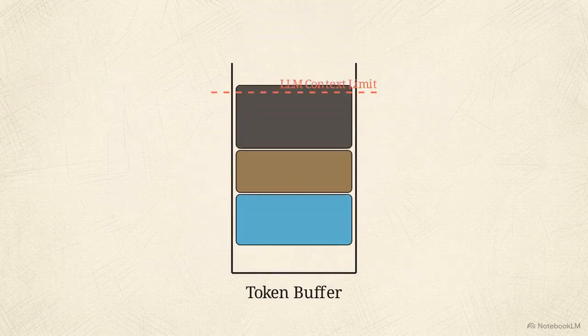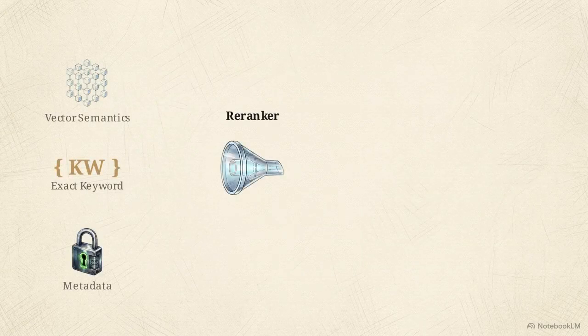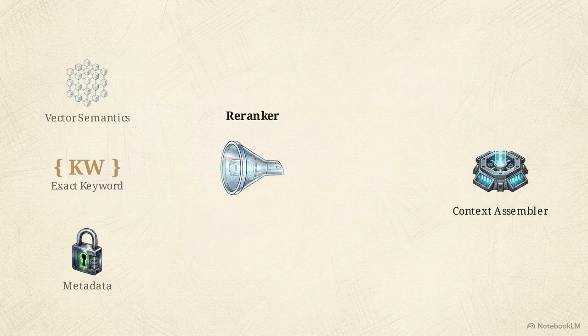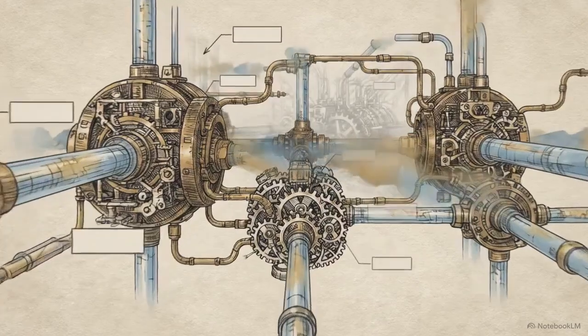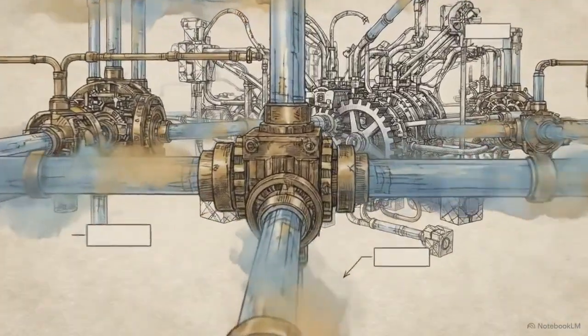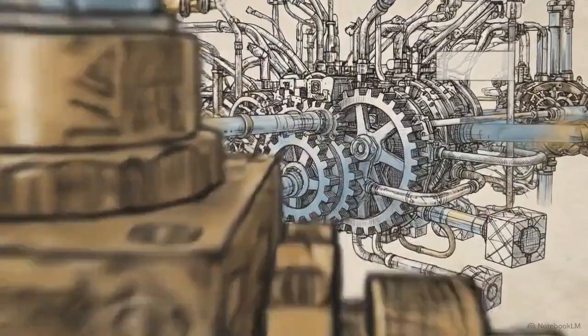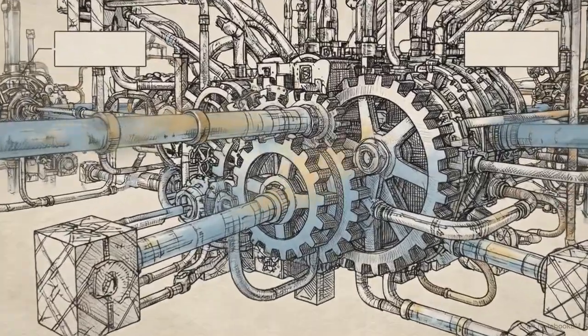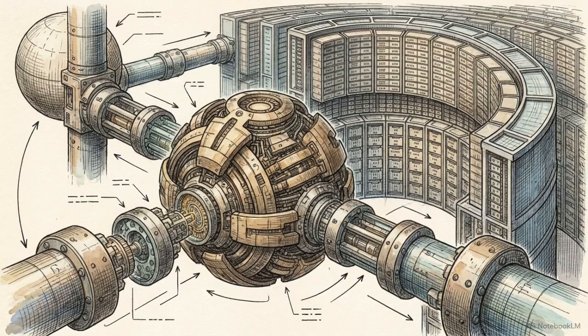Fixed message windows guarantee overflow and must be discarded. Second, retrieval systems must deploy a hybrid approach, combining exact keyword search with vector semantics and passing all data through dedicated re-rankers for relevance scoring. By correctly wiring these isolated components, the AI moves from processing isolated text strings to navigating a continuous, interconnected network of historical and semantic data. This combination of persistent memory and intelligent retrieval transforms a base LLM into a scalable, personalized system capable of retrieving and reasoning across